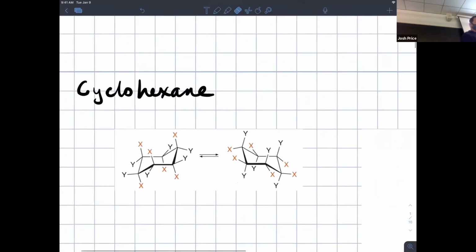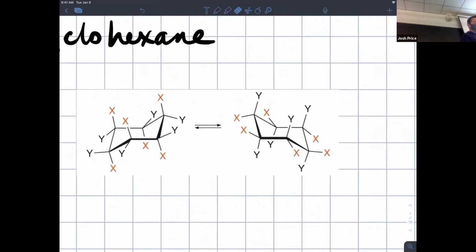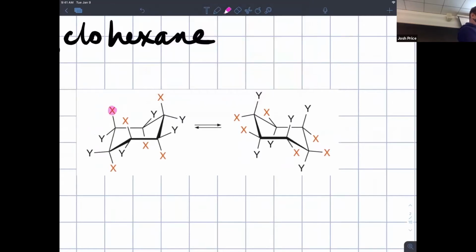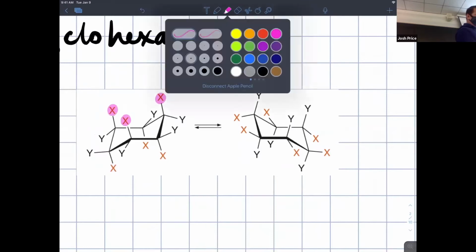So the two different chairs, as you've learned, interchange axial versus equatorial positions, but do not interchange up versus down protons. And this is one of the three classic blunders experienced by undergraduates when it comes to